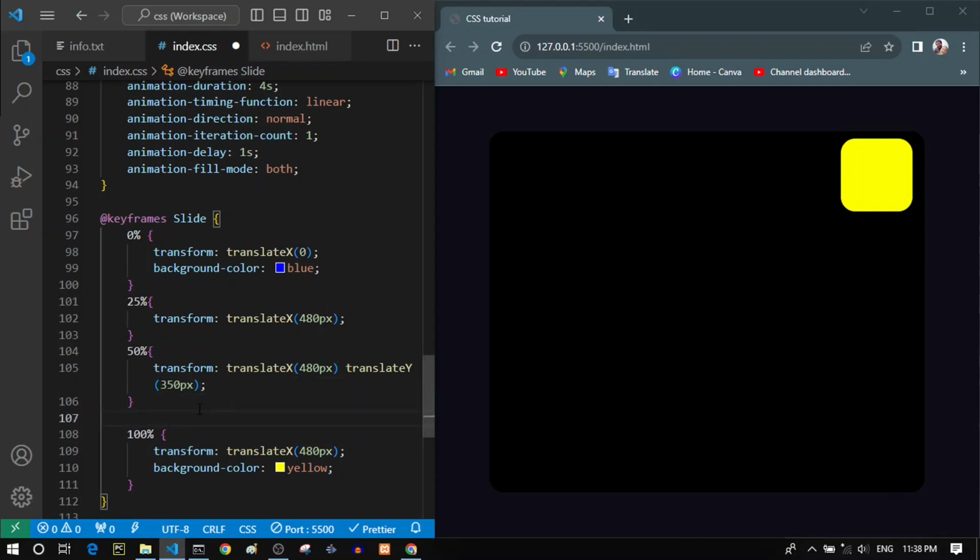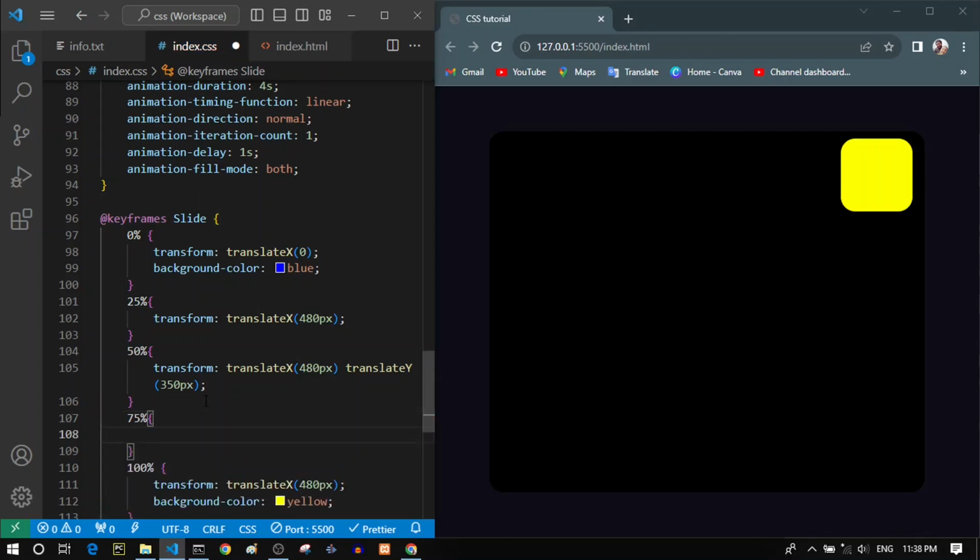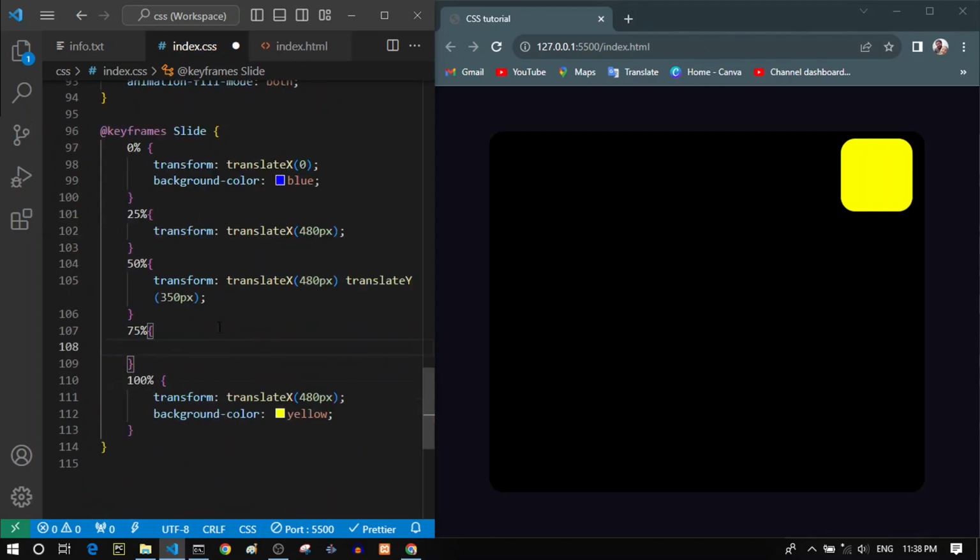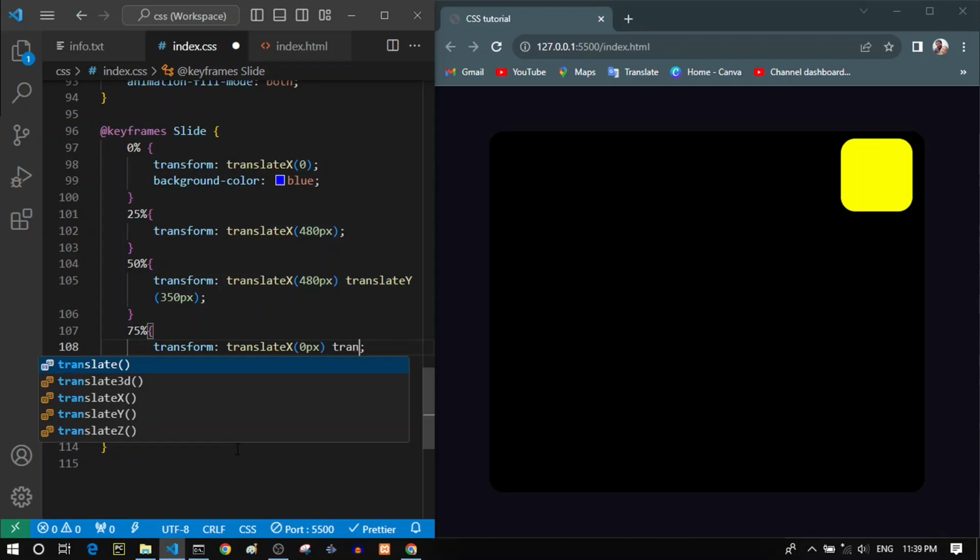Next, I need to define another keyframe, which is in 75%. So when it's in the 75% of completion, I wanted to move. Now we are right here. I wanted to keep its y translate, and just remove its x translate. So I want it to be translate x of 0%, and translate y